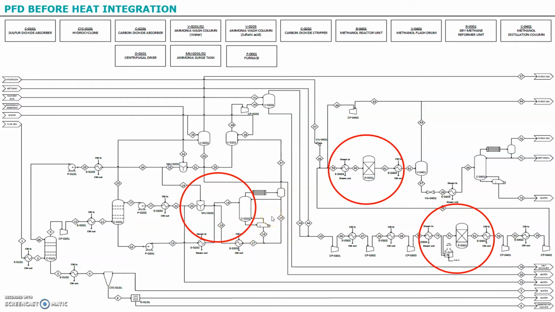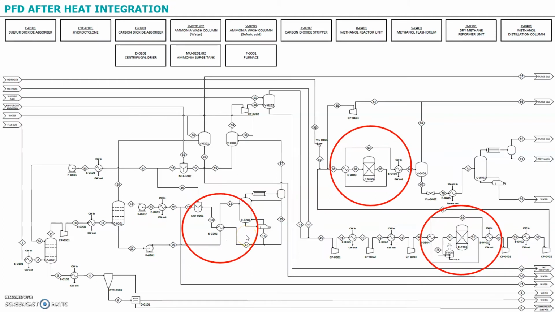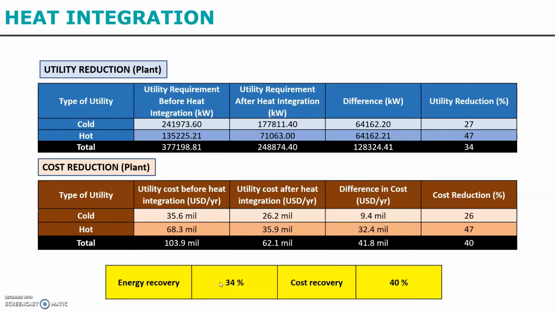After performing pinch analysis using HINT software, we were able to match the required streams and calculate the new utilities requirement for our plant. As you can see in the PFD, after heat integration, we have added 3 units of heat exchanger and added 2 cold utilities to satisfy the energy target for the hot stream. As a conclusion, we were able to recover up to 34% of energy for the whole plant, which saves us